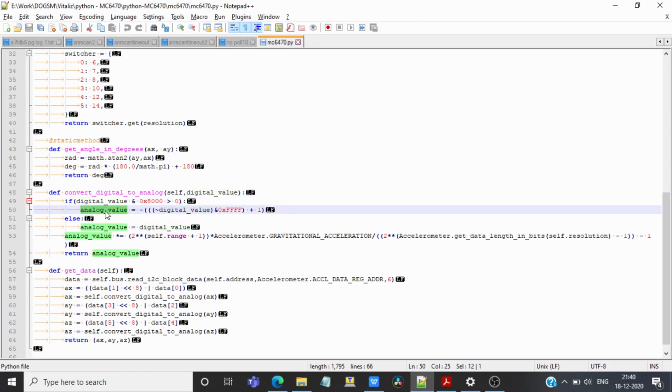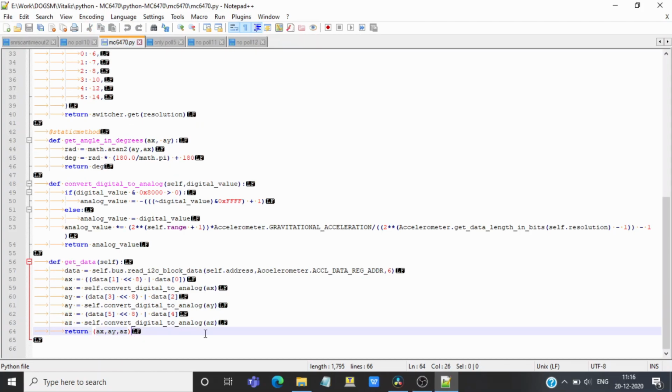This value could then be converted into acceleration data in meters per second squared based on the range and resolution that we have chosen for the MC6470 IC. This is how the convert digital to analog method would return acceleration in x-axis. Similarly, we can measure acceleration in y-axis and z-axis and then return all these three values.